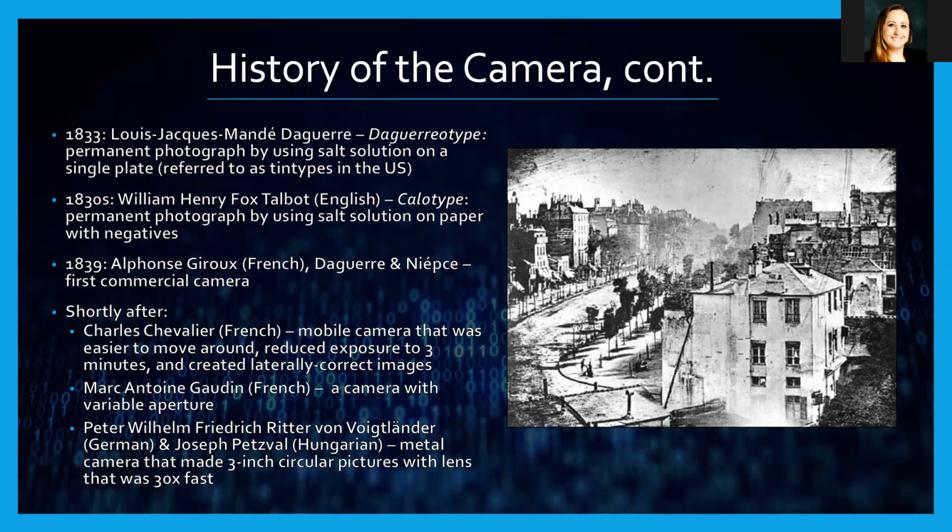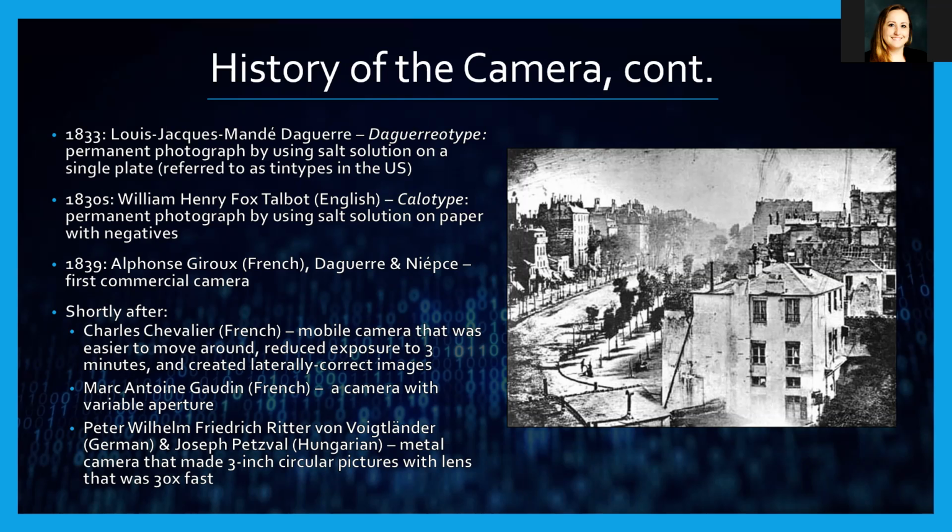In the 1830s, the English scientist William Henry Fox Talbot had also discovered the process to fix camera images using silver salts. Unfortunately for him, Daguerre beat him to the punch in announcing his invention to the world, and it never became nearly as popular. However, his process, the calotype, was the first two-step process that printed photographs onto paper. It was also the first to use negative prints.